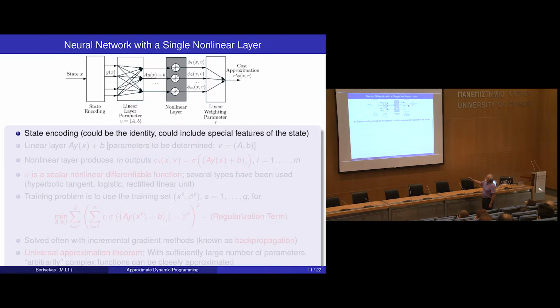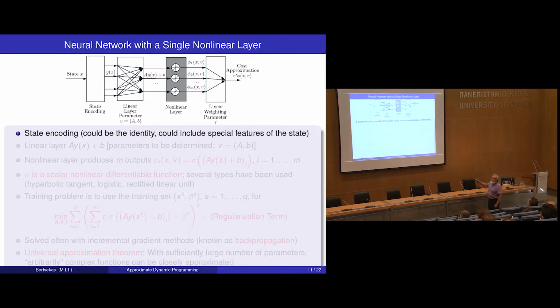Now, this is a linear transformation involving a matrix A. It doesn't have to be square. It may have some special structure with some special sparsity pattern, and also a constant vector B. Now, these components of A and B are tunable parameters that the training process will determine. Okay, so now from the linear layer, we have a number of scalar outputs, and these are inputted into a